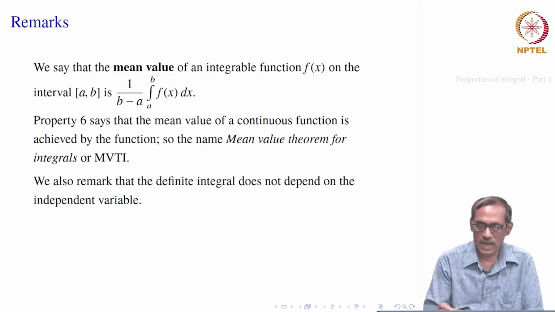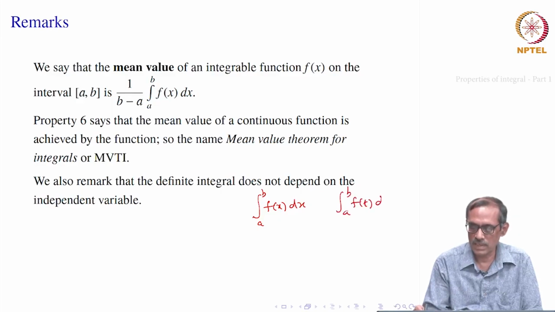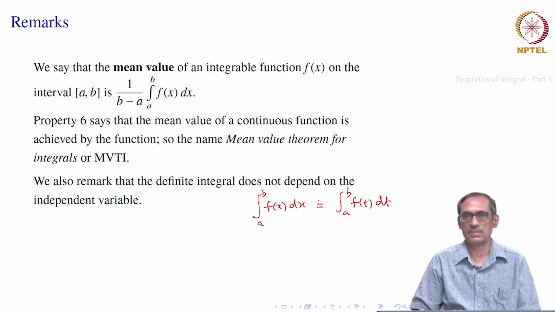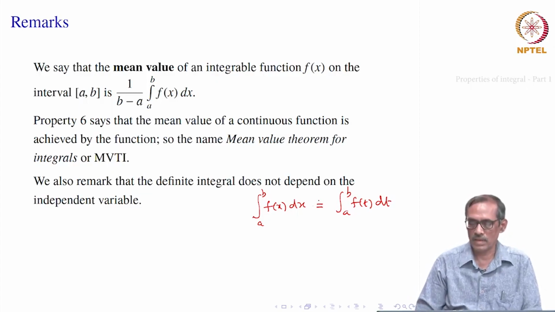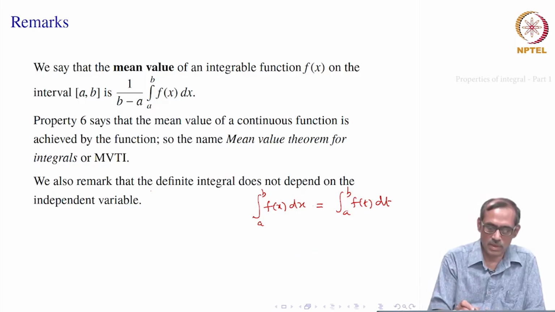Okay. So, there is another thing to note which will be useful many times. If you have the integral a to b f of x dx and you have the integral a to b f of t dt, they are really same. It does not matter what this variable is, because anyway you will be taking the Riemann sum. In the Riemann sum you do not have any x or any t, it is the area below f x or f t is the same thing because the curve is same. So, that is what we say the definite integral does not depend on the independent variable.